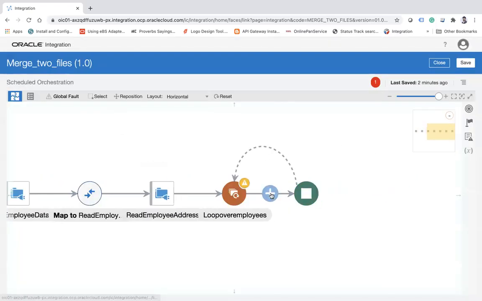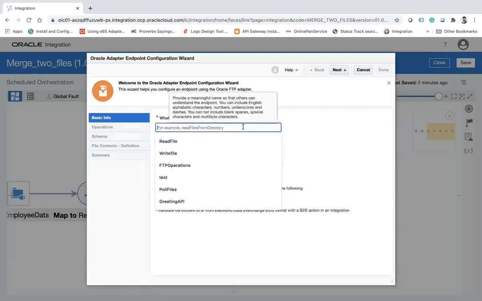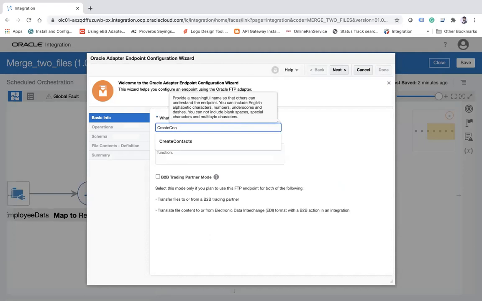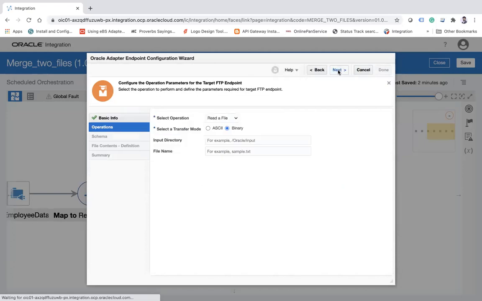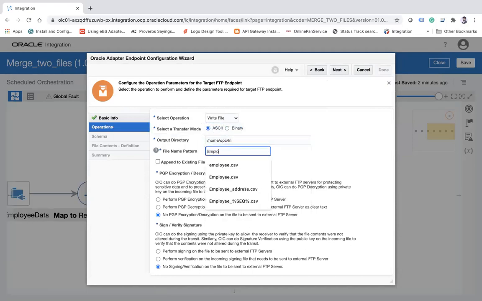Now here I want to use another FTP connector adapter which will create a consolidated file on my FTP. So here I'll say create consolidated file. Click on the next button, and here I will say write file and then select, and then in the same folder which is in, I'll say employee consolidation.csv.